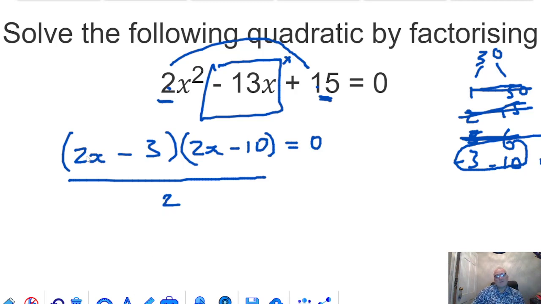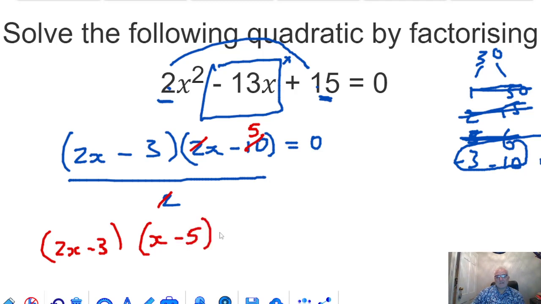Okay, 2 would go into 2x, but 2 will not factorise out and divide into whole numbers into 3. So that bracket's got to stay as it is, so it's got to be 2x minus 3. Okay, if we look at the next one, 2 goes into 2x once, and 2 goes into negative 10 5 times, so negative 5